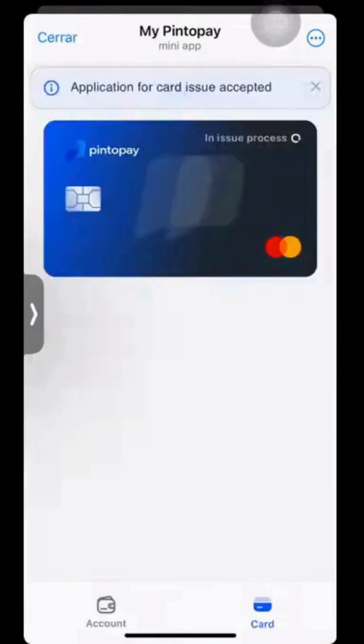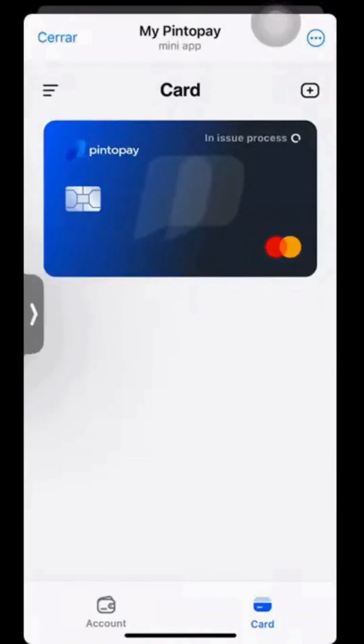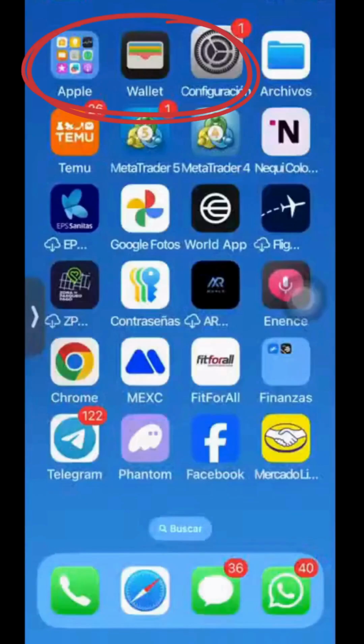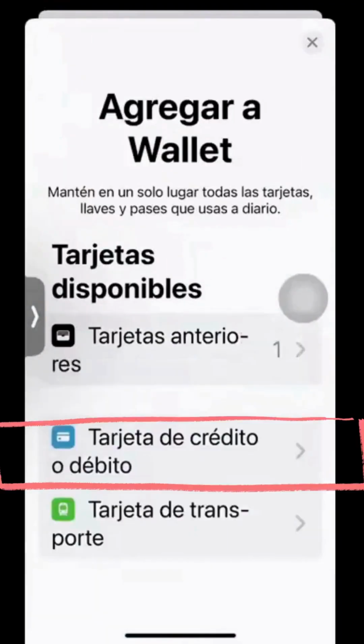We wait a moment for the information to be processed, and it shows as successful. Now our card is activated. At this point, it's processing while it generates the corresponding card details. In the meantime, let's go to the apps on our iPhone and look for the one called Wallet. There, tap on the plus sign, select credit or debit card to add a wallet card, and tap where it